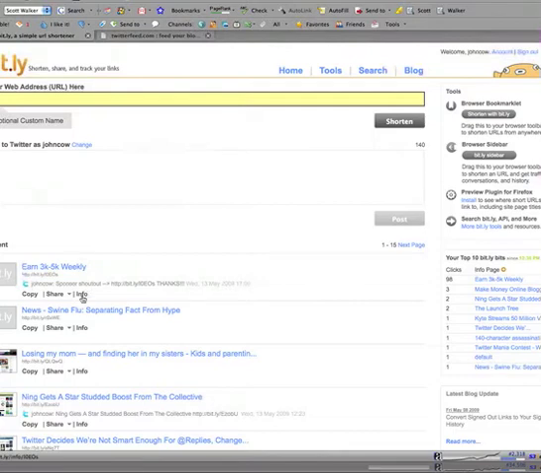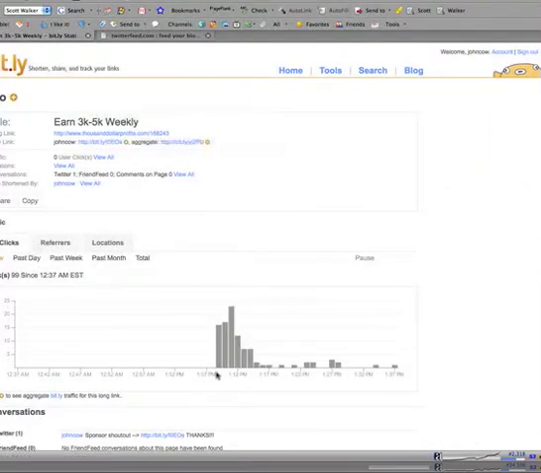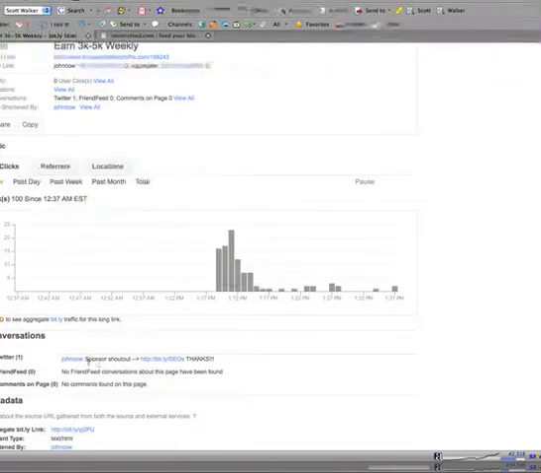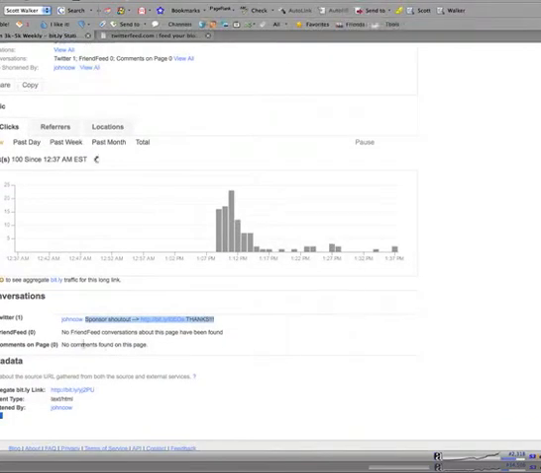Twitter only. If I click here on info, it'll show me how many people, and you can see that at the time that I sent it, right away, I got 99 visitors. What's great about this is, if you look at the post that I made, I simply wrote "sponsor shout out, thanks," and I had a link in there. Now, I don't know about you, but that's not really an aggressive call to action. So what I'm telling you that for is, with my 9,000 followers, any link I post on there,